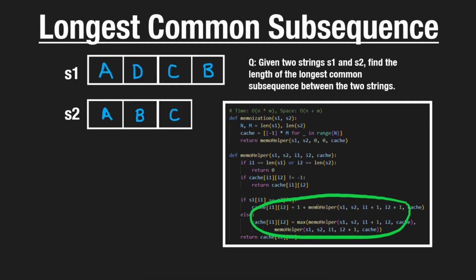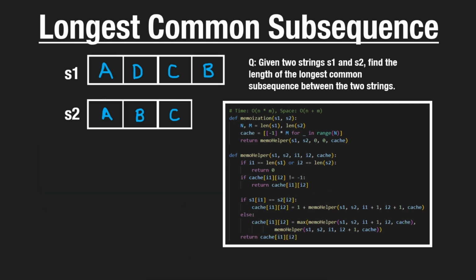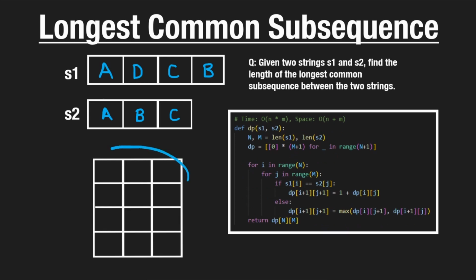Though there can be a few more edge cases, which I think can be really confusing, that's why drawing out the grid is really helpful. That's what I'm going to show you. So we have our familiar two-dimensional grid once again. The rows are going to be the number of characters in the first string. So we'll have a row for each character, A, D, C, B, and we'll have a column for each character